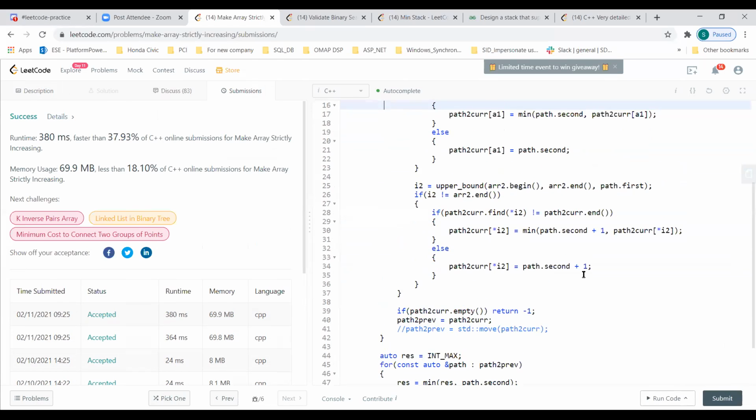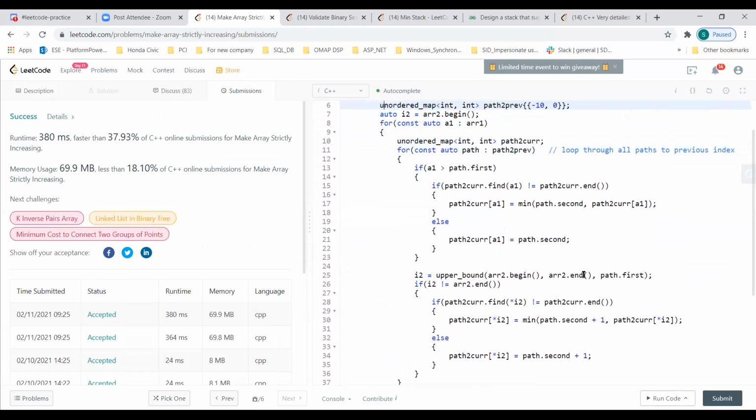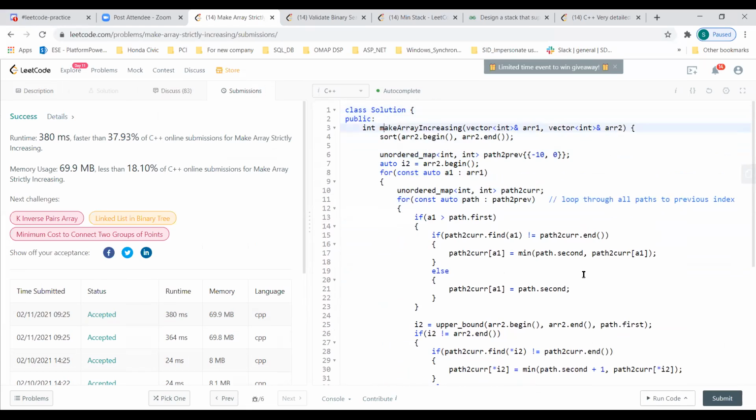So what were you saying? The redundant one? Yeah, we are just declaring the path to cur, right? So that if condition, the first 15th line, would it make sense? The min. So you're trying to find, and when you find it, you come inside and take the minimum of both of these values. If you find, then you surely have to take the minimum, right? And if you don't find, then whatever is there, you have to push.